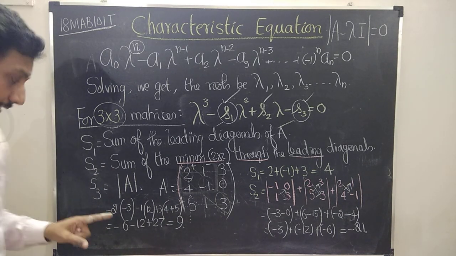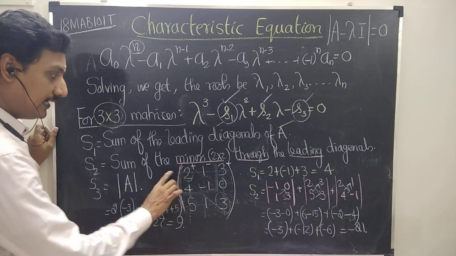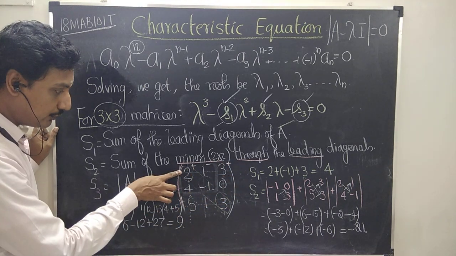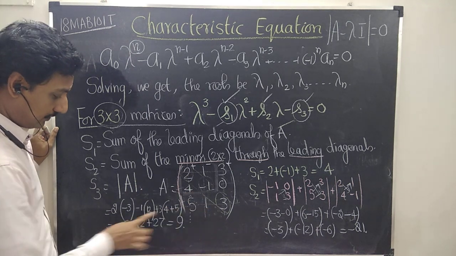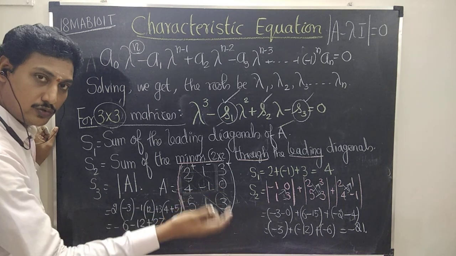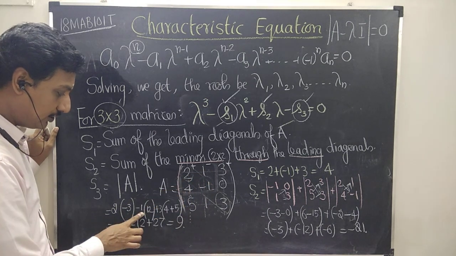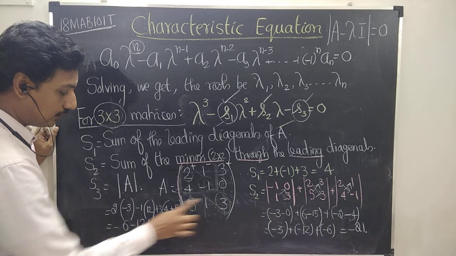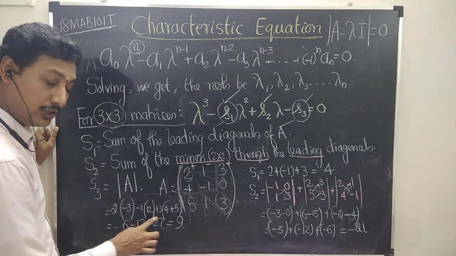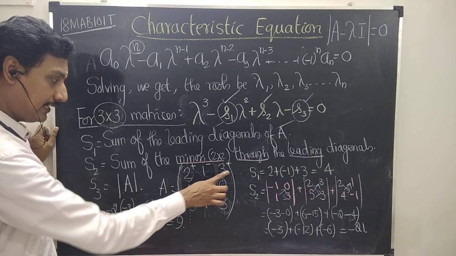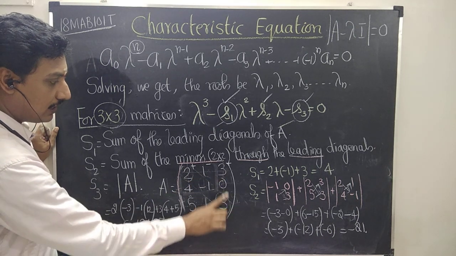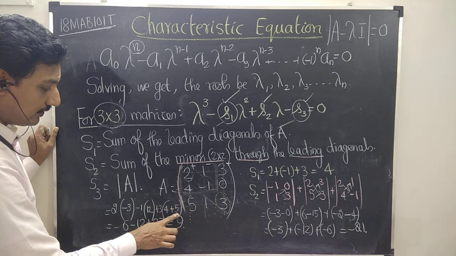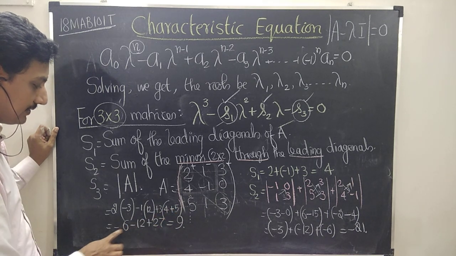Once again, S3 is the determinant. It can be expanded via the first row. 2 into minus 1 into 3 is minus 3, 1 into 0 is 0. So that's it. Minus 1 into, with this row and this column eliminated, 4 3s are 12, minus 5 into 0 is 0. Plus 3 into, with this column and this row eliminated, 4 into 1 is 4, minus of minus is plus 5. So 9 3s are 27. 27 minus 18 is plus 9.